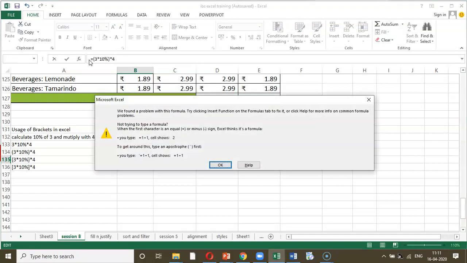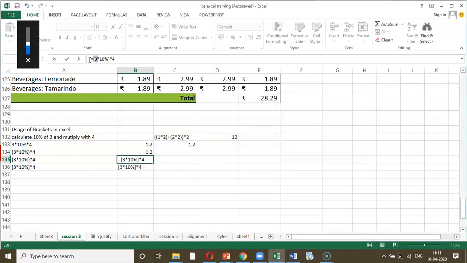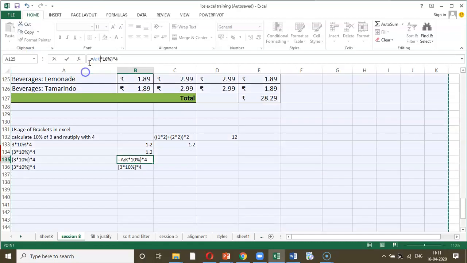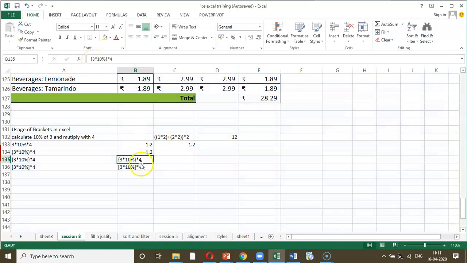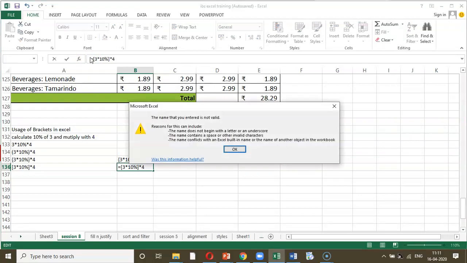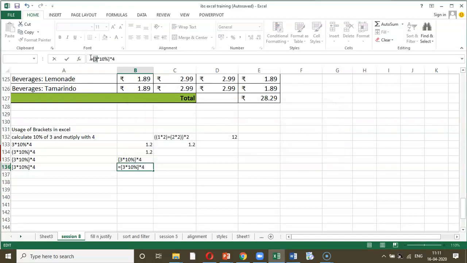No. So the answer is very clear that if you want to cover data with the help of a formula, then you cannot use the flower bracket. Let us try with the square bracket, and it says no. So you cannot use the square bracket also when you are trying to incorporate a formula in an Excel sheet.